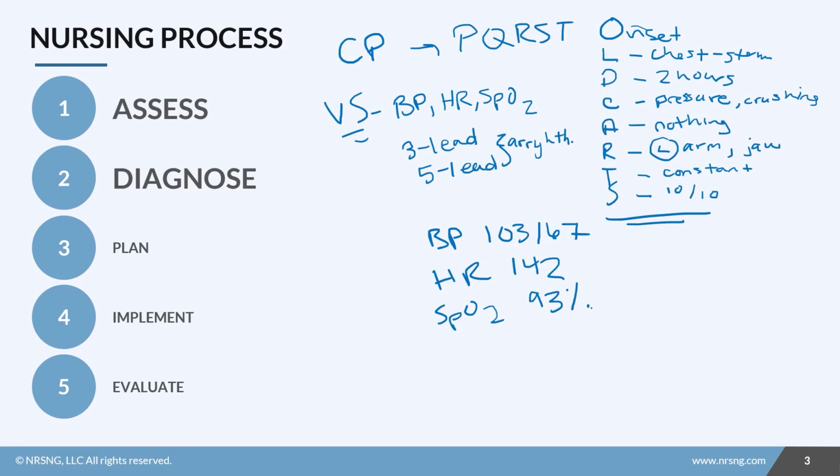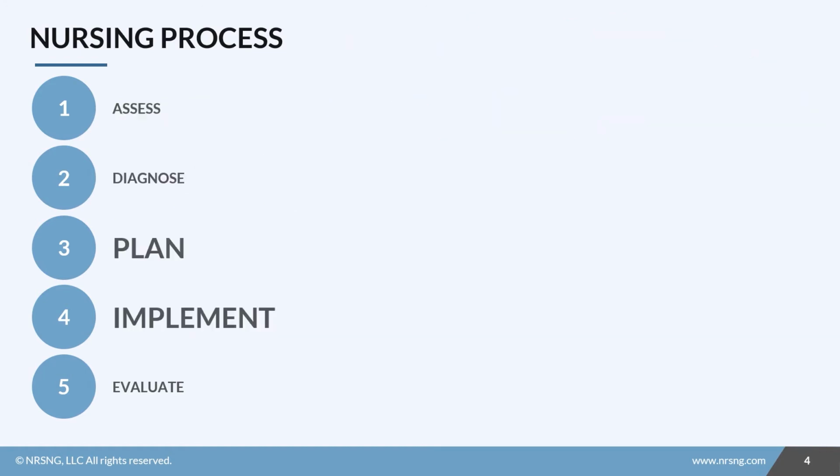Okay, so now I've done my assessment. Do I have enough information to move on from assessment in my nursing process? Yeah, I think I do. So I can diagnose that there's some sort of perfusion or maybe oxygenation problem because we know we've got chest pain and his heart rate's a little bit high, his oxygen's lower than normal. And so we know there's some sort of problem, right? So next steps